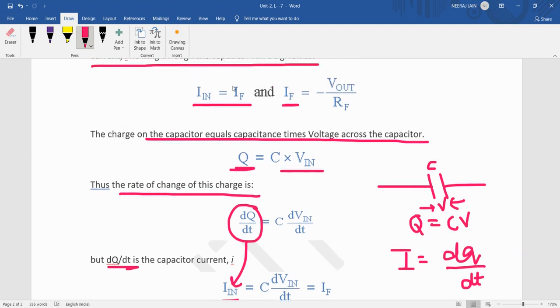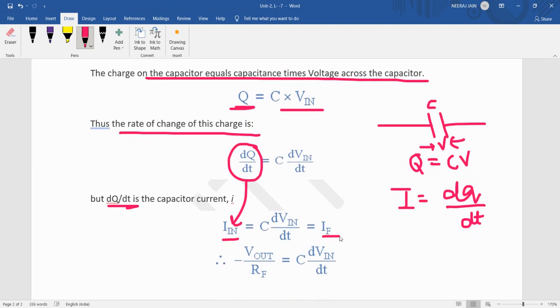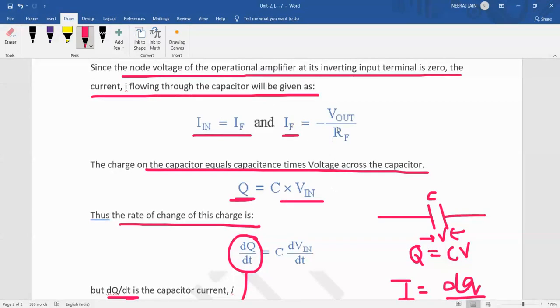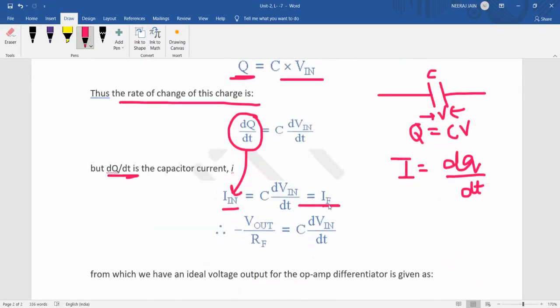And because In is equal to If, we can put In equal to If. By putting the value of If, that is minus V out upon Rf, minus V out upon Rf is equal to C dV in upon dt,